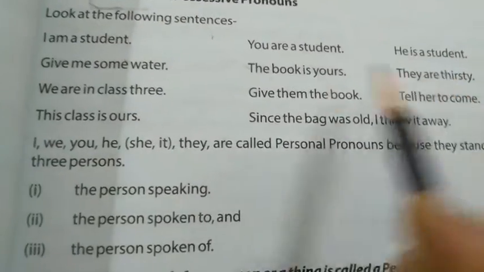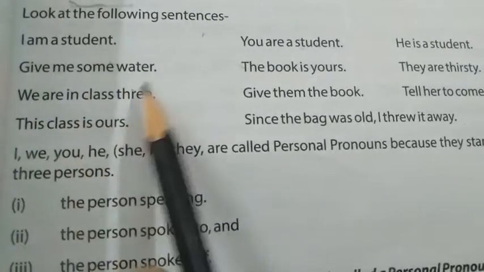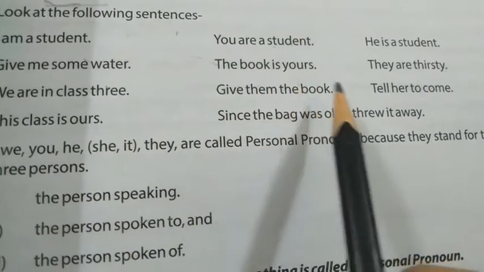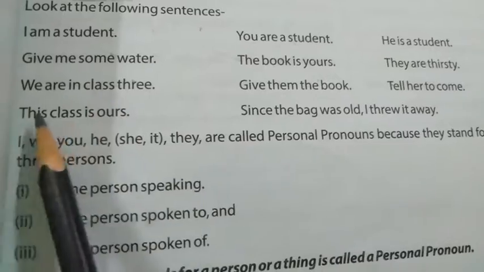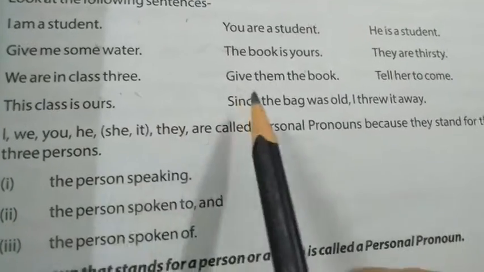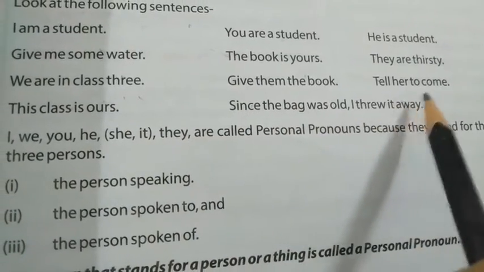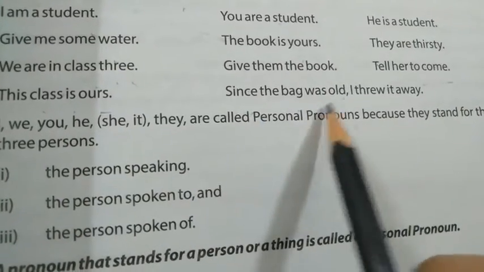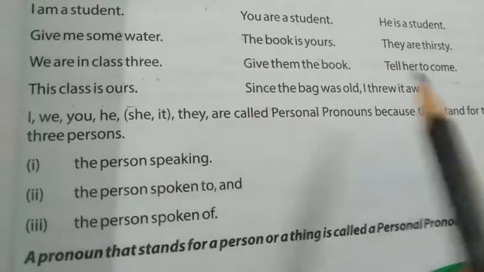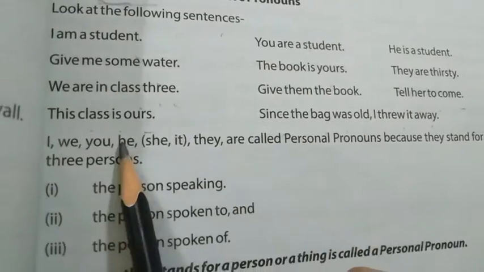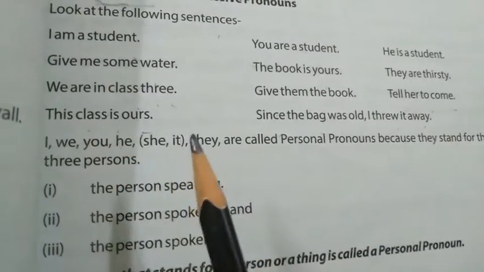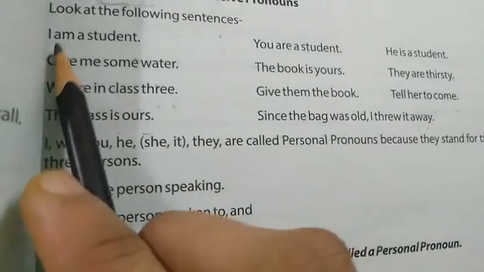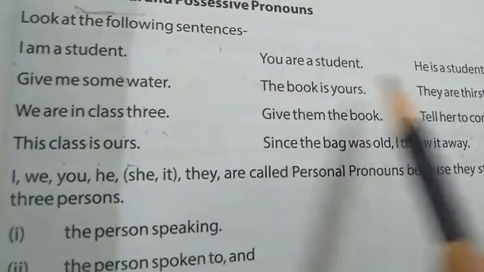You are a student. He is a student. Give me some water. The book is yours. They are thirsty. We are in class 3. Give them the book. Tell her to come. This class is ours. Since the bag was old, I threw it away. Now, in all these sentences, you can see there are pronouns here, like I, you, he,